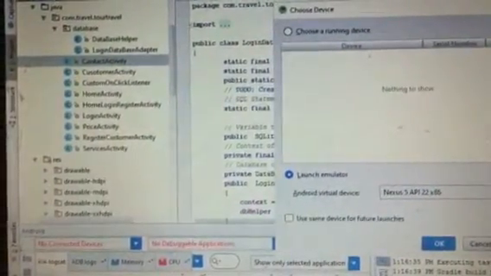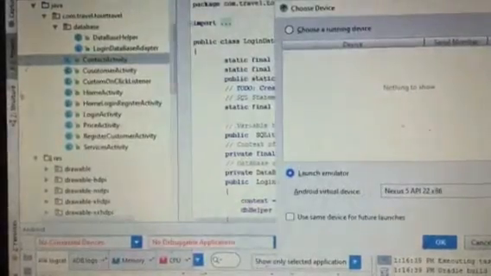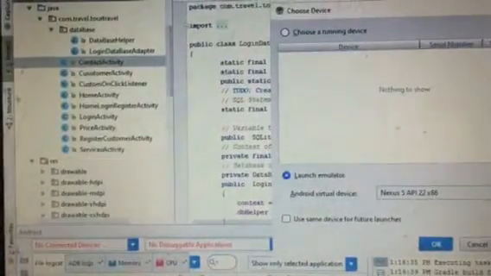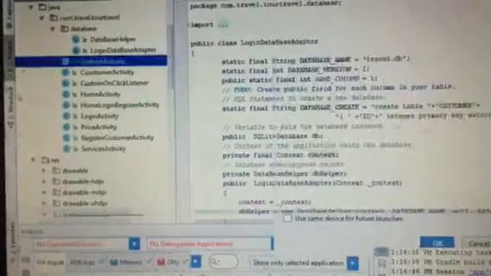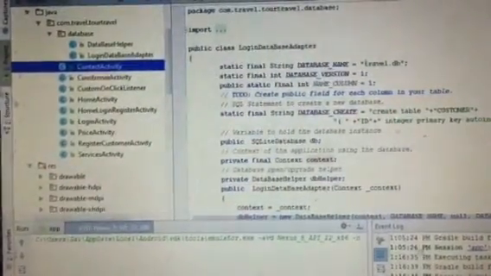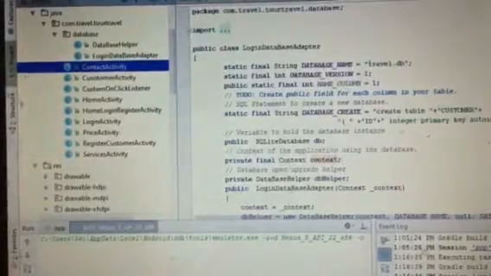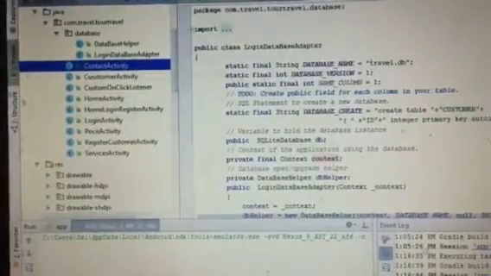For compiling this Android app, it takes a minute. So the Android app is being compiled within the emulator, my app which I have created.